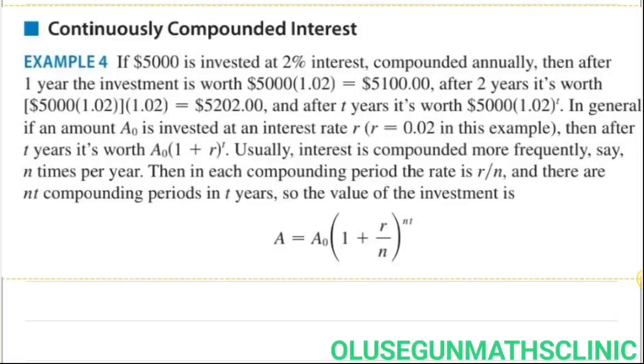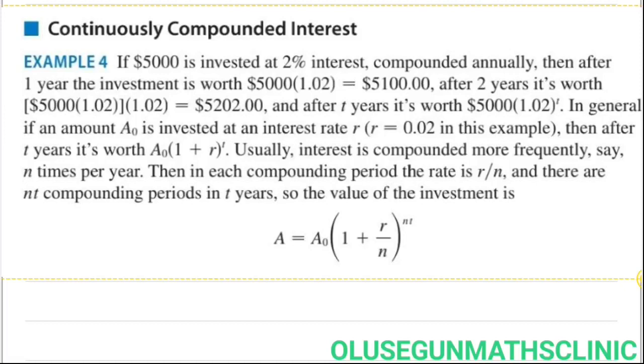Compound interest. Example 4. If $5,000 is invested at 2% interest, compounded annually, then after 1 year, the investment is worth $5,000 times 1.02, which will give us $5,100. After 2 years, it's worth $5,000 times 1.02 times 1.02, which gives us